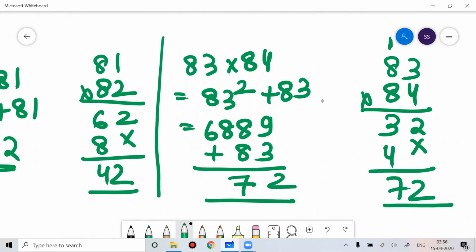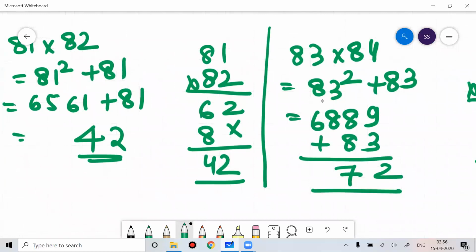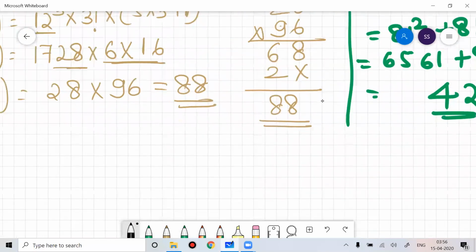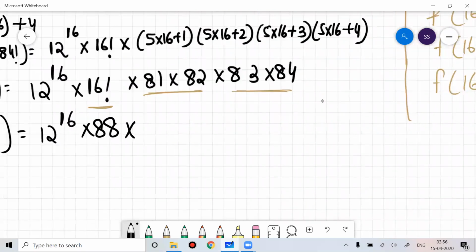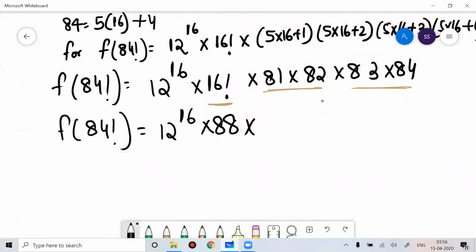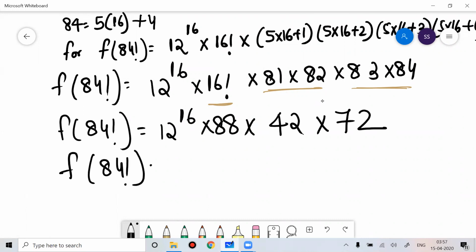Okay, so 81 into 82 is 42 and 72. This is 42, this is 72. For 84 factorial, now I can write 12 to the power 16 as 2 square into 3 whole to the power 16 into